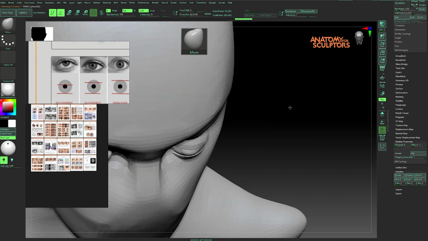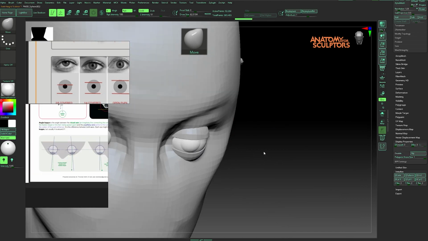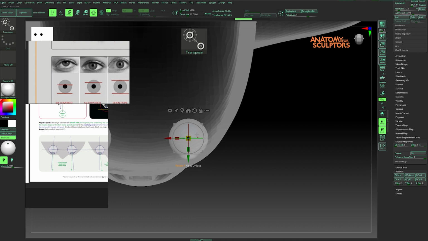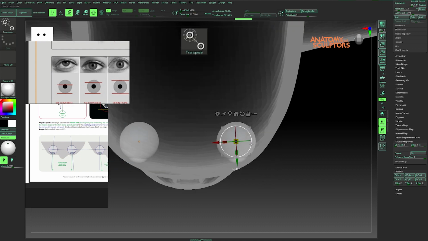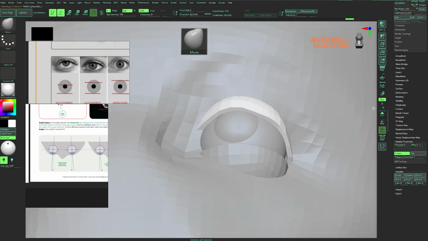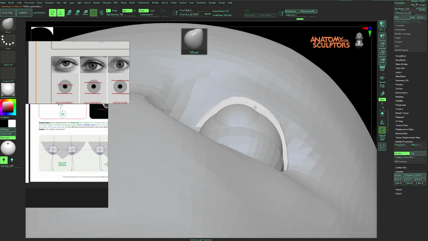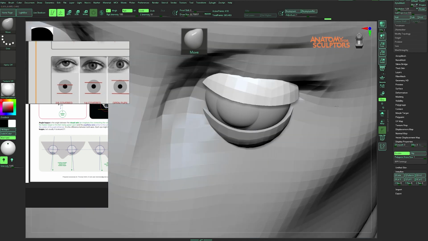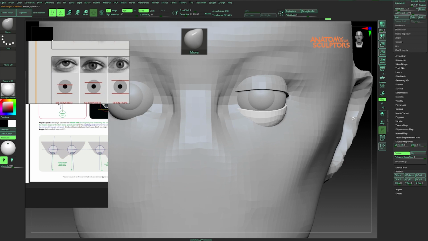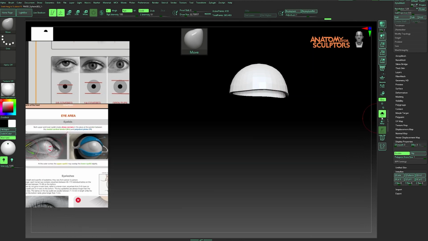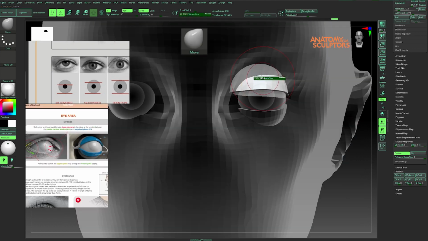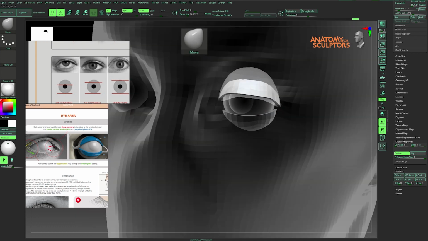As I said before, here I'm going to turn the eye from the top view to give a little angle towards the outside. You can see what I'm talking about in the reference picture. Now I want to create the shape of the eyelids. Right now our eyelids are two halves of a sphere. But as you can see in the reference, they are not that primitive and they connect to each other in the corners, and even their shape is not in a straight line from one corner to another.